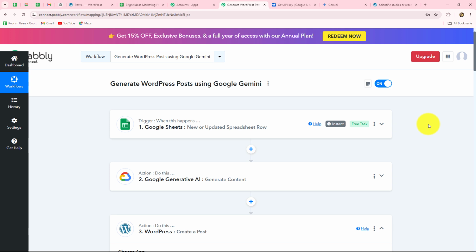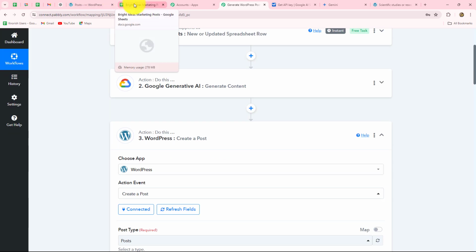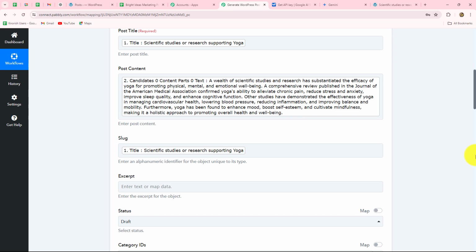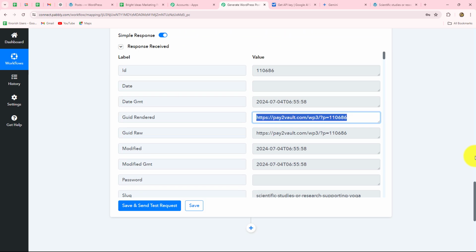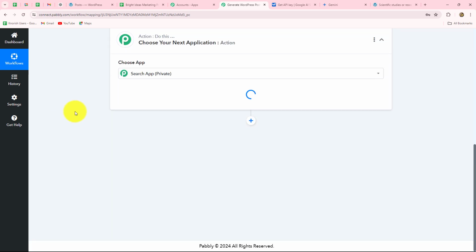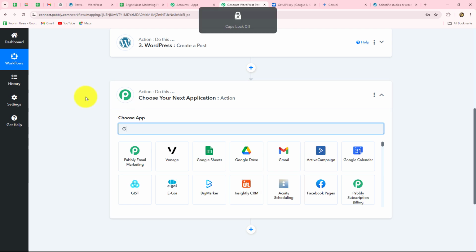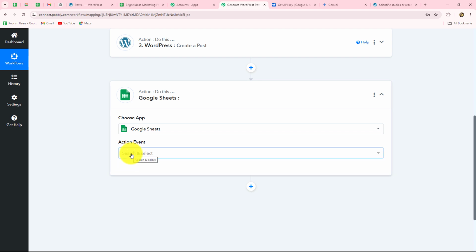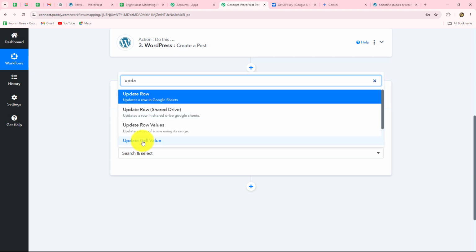So you can also leave it over here, but if you want to add the title of this post on your Google Sheets as well to update this calendar which you have created, then you can add one more action step over here. So once again, we have to set up connection between Google Sheets and Pabbly Connect. For that, let's click on this add action step button, and here our action application will be Google Sheets as I have told you. Okay, now we have to select the action event, that will be update cell value, and